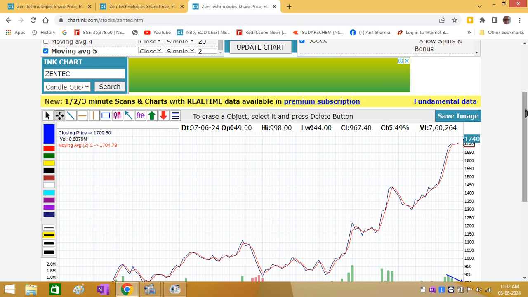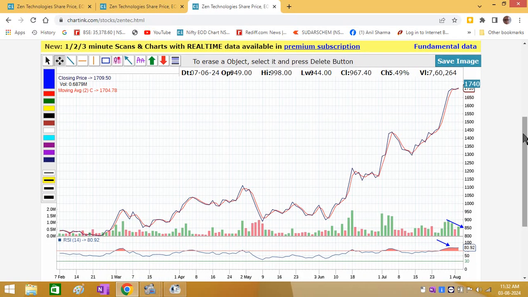Friends, but we need to really examine here what is the issue. The volume actually is coming down, which is indicating a weak trend, because price is going up and volume is coming down. This means that the price is likely to fall sometime in future. I do not know when the price will fall. Even RSI so far the trend is flat, but it is in the overbought zone. So whenever anything is in the overbought zone, the price actually falls. I think the price is likely to be up in the next 1 week's time.